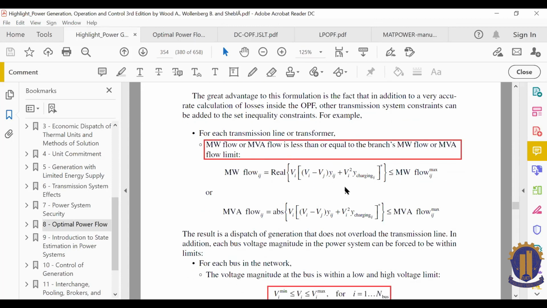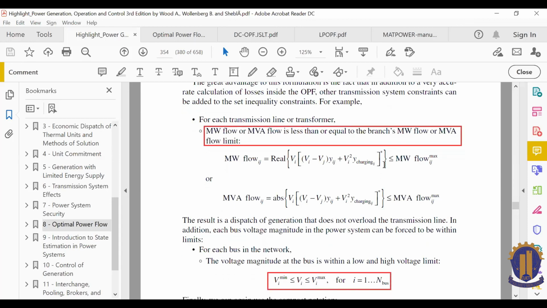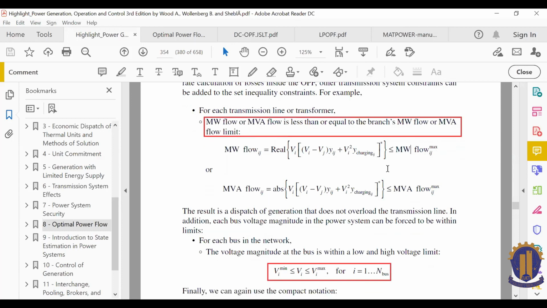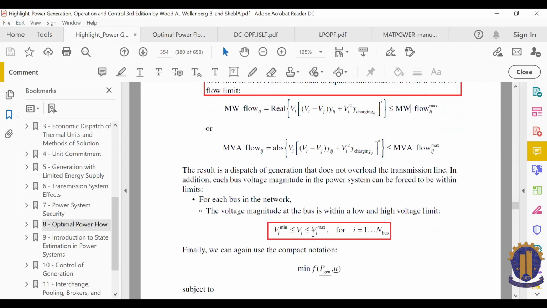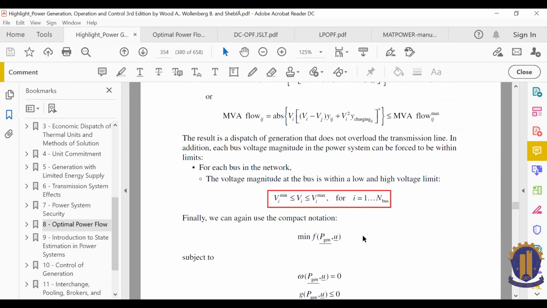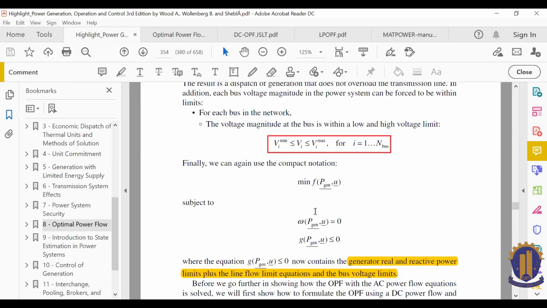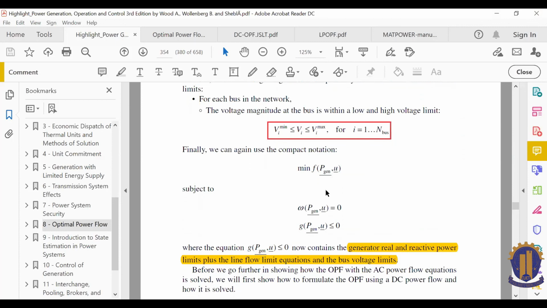The previous expression, if we manipulate it, gives the maximum flow limit, the real power limit expression, which shouldn't be crossed. We can write it this way, and the voltage limit I already mentioned. So this is the general formulation of the OPF, considering the network with the voltage limit and the transmission line limit,